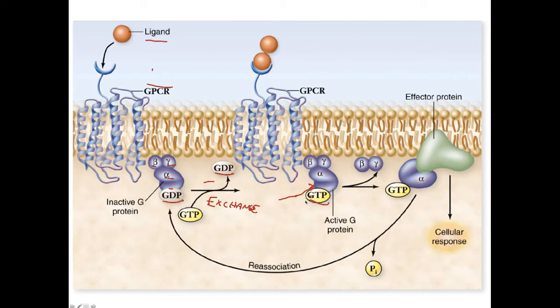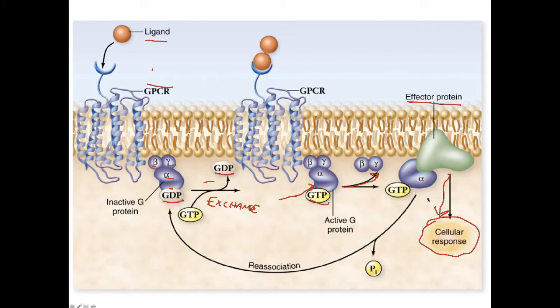And in that state, that activates the G protein in a very particular way. It causes the dissociation of the beta and gamma subunits from the alpha subunit, which is now bound to GTP, guanosine triphosphate. And in that state, the free alpha subunit bound to GTP is capable of binding to and interacting with proteins called effector proteins. And it is these effector proteins that are responsible for transmitting the signal further into a cellular response.